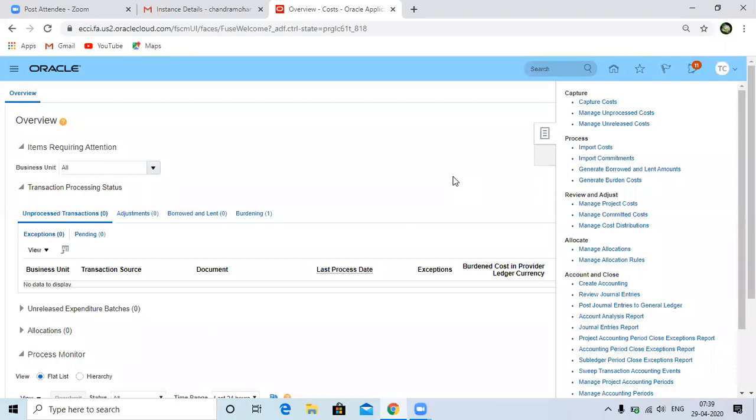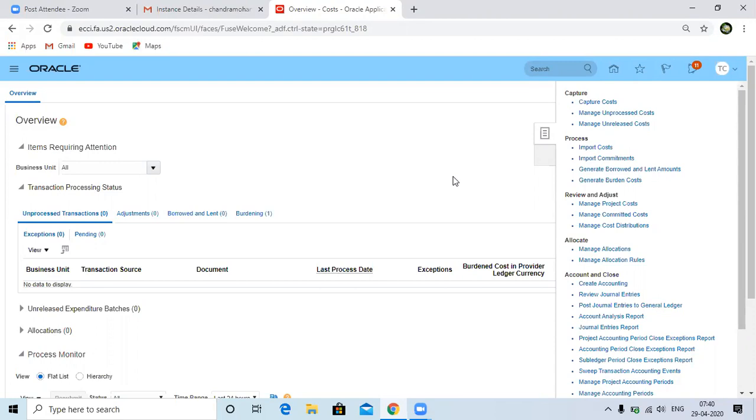So instead of that, as a project consultant, we can adjust from projects once the expenditures have come to projects. When I'm validating the data from the project side, maybe we identify that the wrong combination has been entered by the payables team. So what can he do? The adjustments. He can transfer from one project to another project, or within the same project from one task to a different task. That is what the adjustment of your expenditure transaction is.